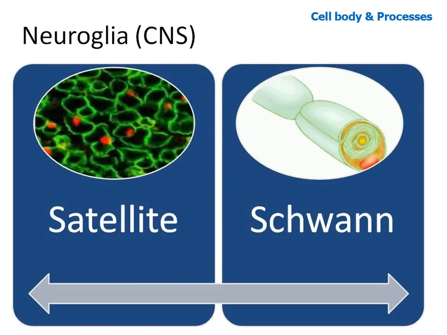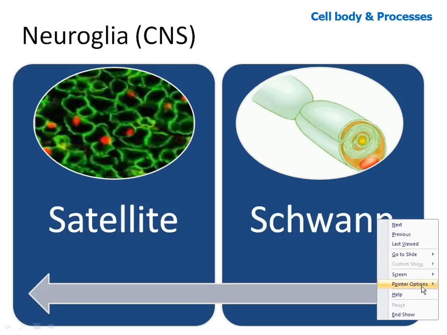Then in the peripheral nervous system, we had 2 populations of neuroglia. There are satellite cells and Schwann cells. Satellite cells have unknown function. They're wrapped around the soma, especially of the unipolar neurons. Schwann cells form the myelin sheath. They are wrapped around the axons, and they form it differently than the oligodendrocytes do. Their job is, again, to form the myelin sheath, but when they do so,